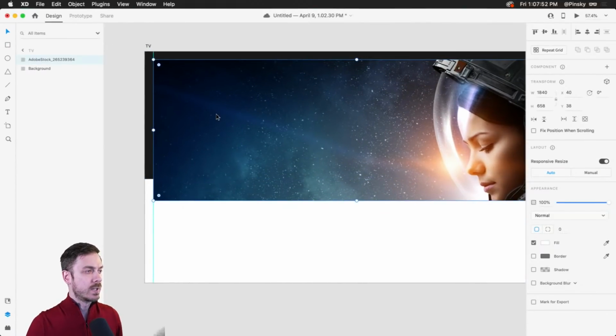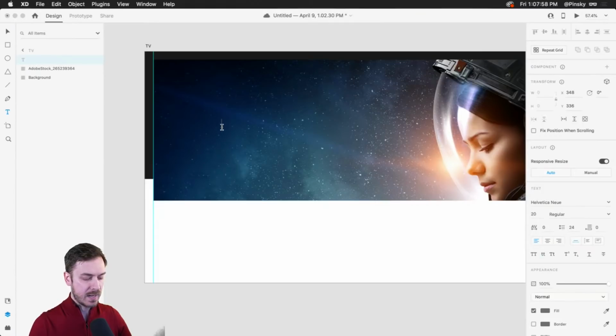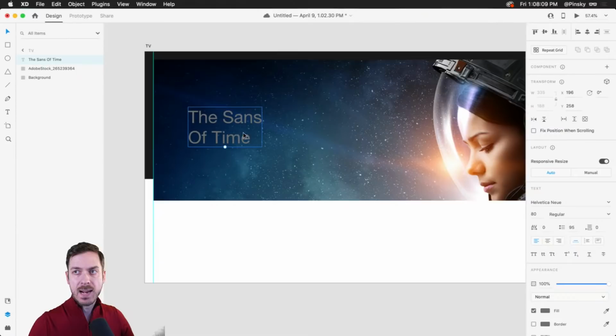What we're going to do now is start adding some content over top on this side on the left. So I'm going to grab the text tool, shortcut key T, and I'm going to type out the Sands of Time. And this is a reference to Comic Sans, possibly. It makes it a little bit larger. And I can also, let me actually dive in here, lowercase that.